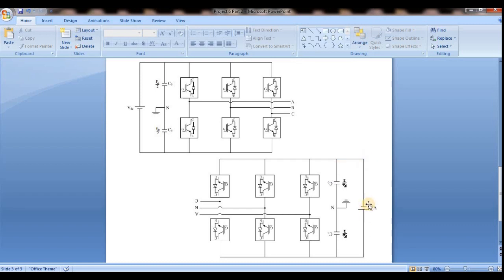If it is an inductive load, the inductor can charge and discharge, but current is in the same direction. So still that is the rectifier. In a rectifier also I can manage the alpha from 0 to 180 degrees, but don't think that above alpha equal to 90 it will act as an inverter. Don't think like that. Alpha above 90 means maybe 120 or 180.